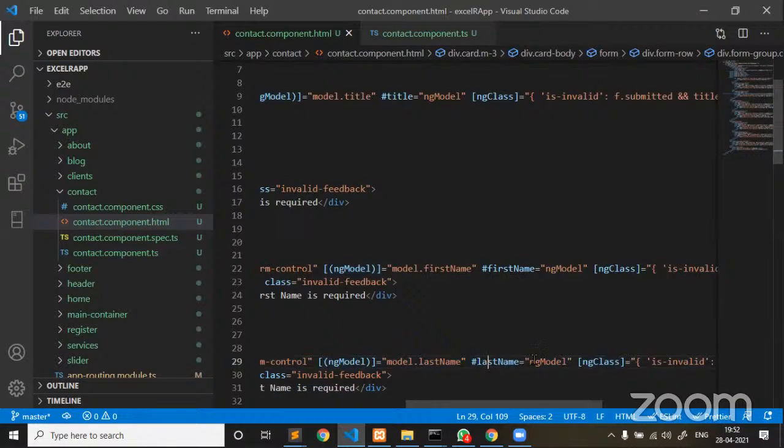Why? Because this ngModel directive is taking this template variable name and attaching it back to your model object. In that way, whatever values are entered by a user, which is going to